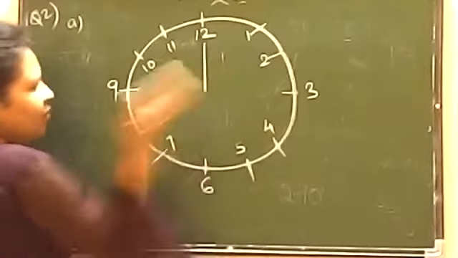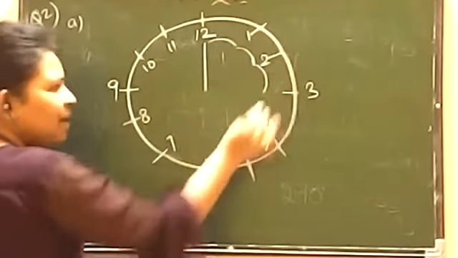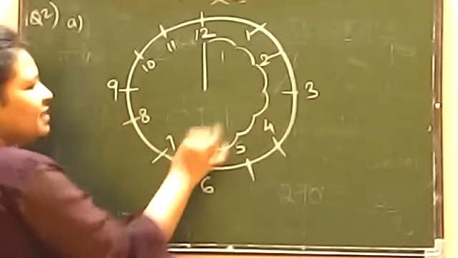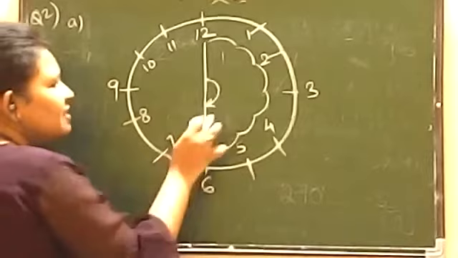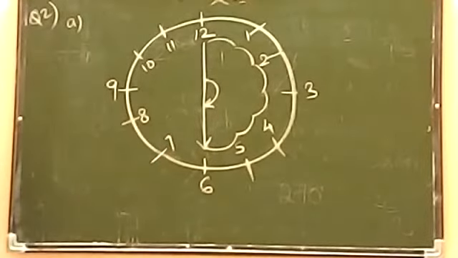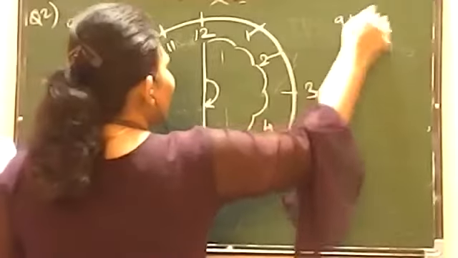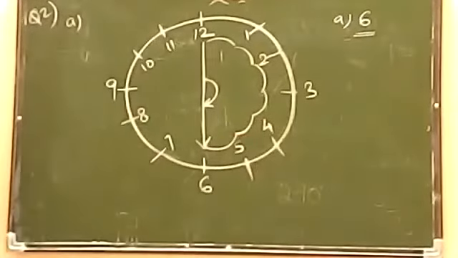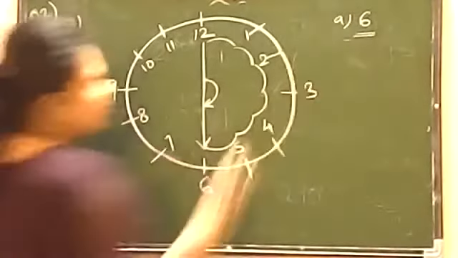So now let's count one by one. 1 step, 2 step, 3 step, 4 step, 5 step, and last one 6 step. It means we are going to end on 6. Are you getting it now? We are going to end on 6 because we have to count only 6 steps. Fine. So our answer for the first question will be: we will reach 6 going clockwise. I am talking about clockwise, because we have started moving clockwise. So the answer for the first question is 6.